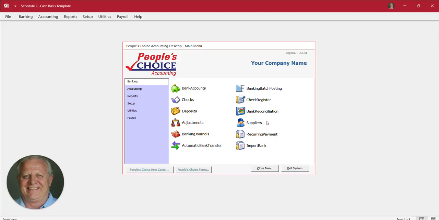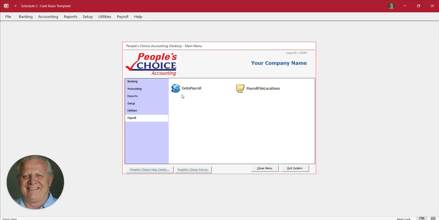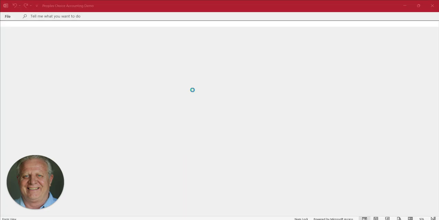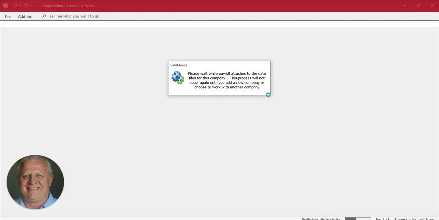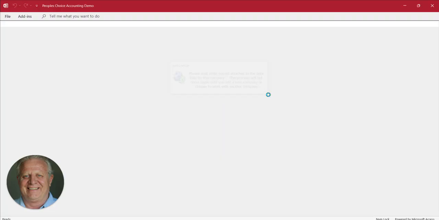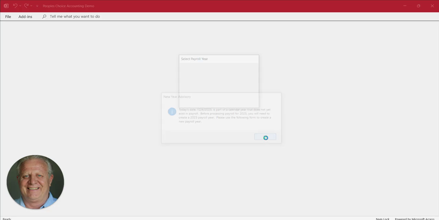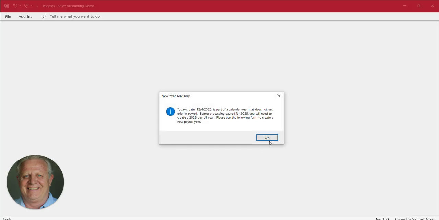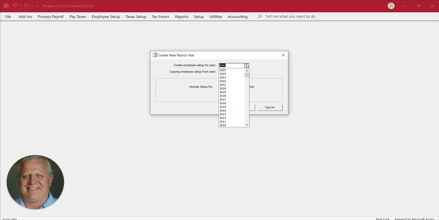So as far as setting up and making deposits into the payroll bank account, that can be done as far as your banking goes. But to get the payroll set up, you would click on payroll, click go to payroll, and once it's loaded up the payroll, it's going to prompt you to create a payroll year. And so this particular one, we're still in 2025, so we're going to click create,